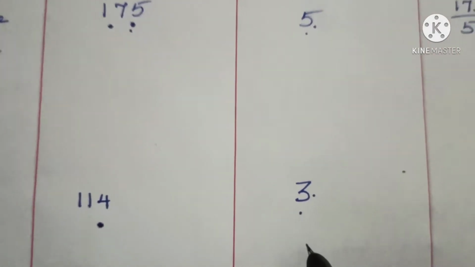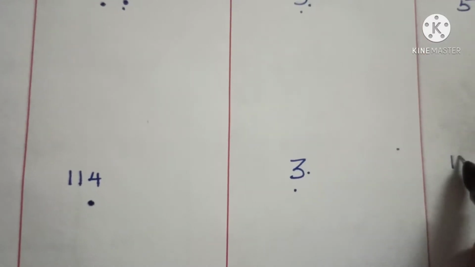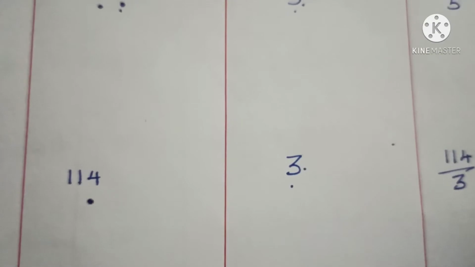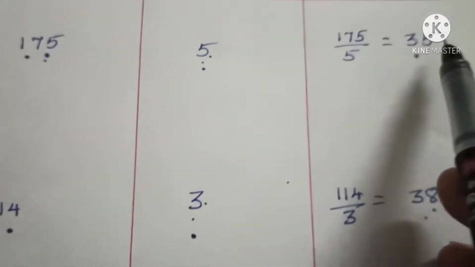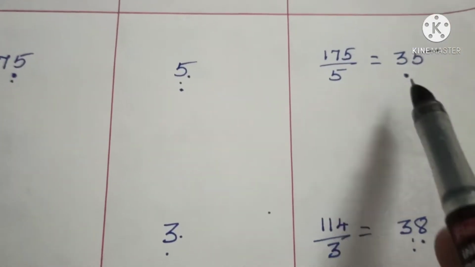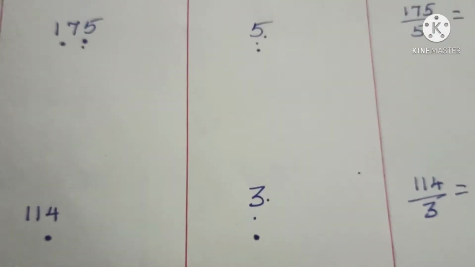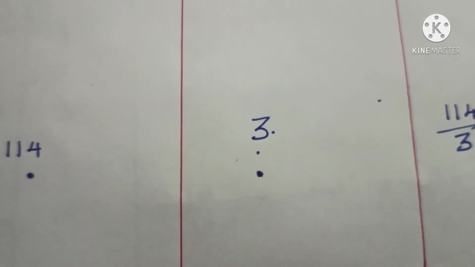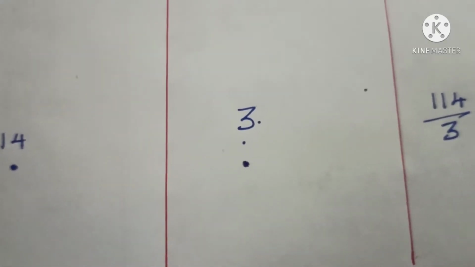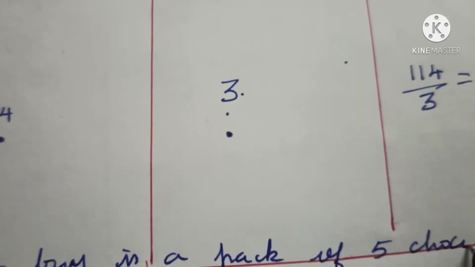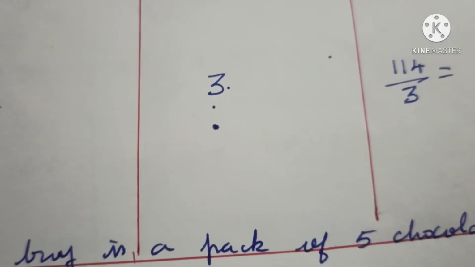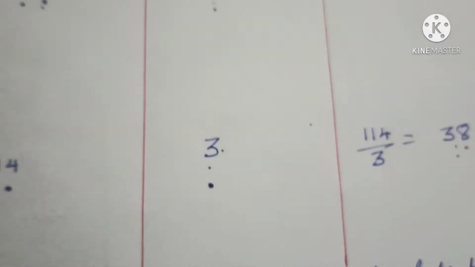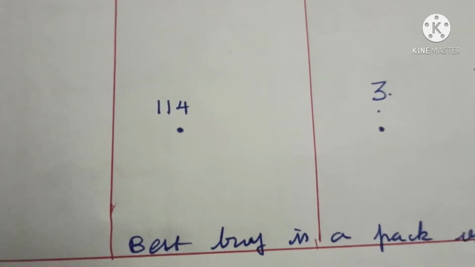Therefore, the cost of 1 item is equal to 114 by 3, which is equal to 38. So if you compare both 35 and 38, 35 is less. Therefore, best buy is a pack of 5 chocolate bars for rupees 175. And the same way, the next question is